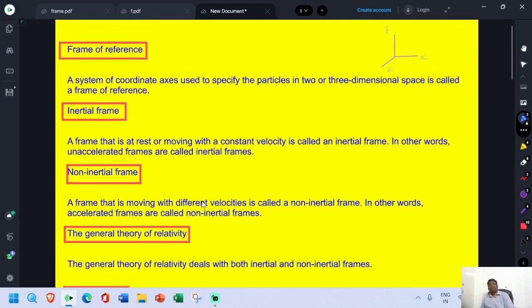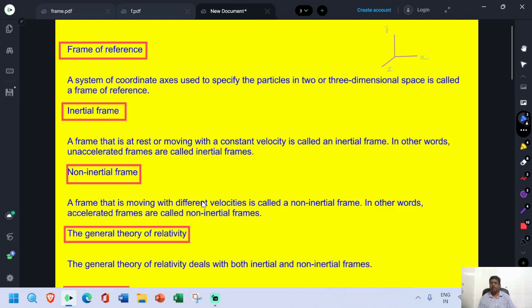In this presentation, we have to talk about the fundamentals of relativity theory. Frame of reference is an important concept existing in the theory of relativity to describe the motion of a particle. A system of coordinate axes used to specify the particles in 2 or 3 dimensional space is called a frame